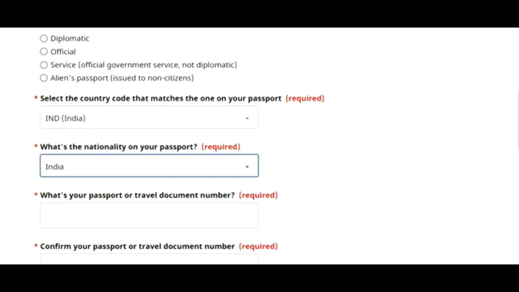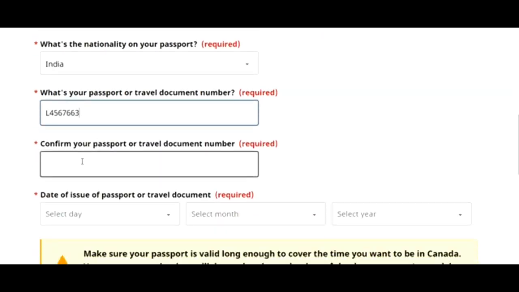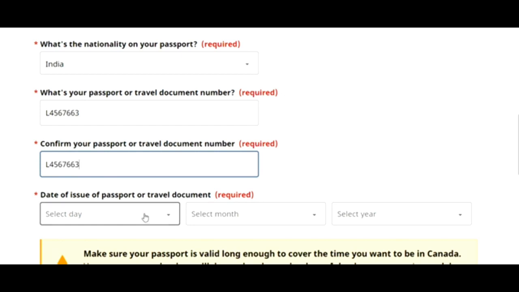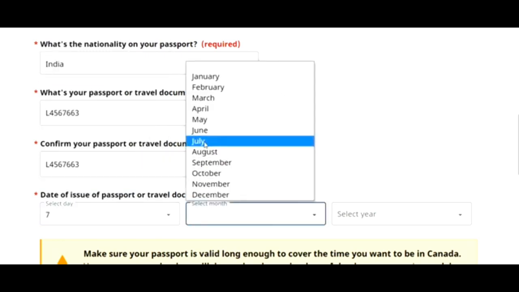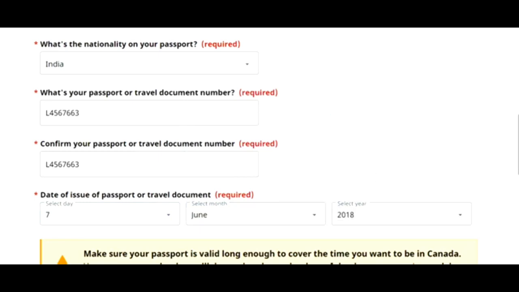Travel number, so I am going to put a sample number. Confirm your passport number. This is the advantage of web forms. If you make any mistake, it's going to capture it right away here. Date of issue, so let's say I just put a sample date, June 29, 18. Okay, fine.